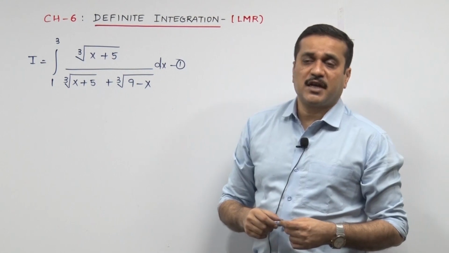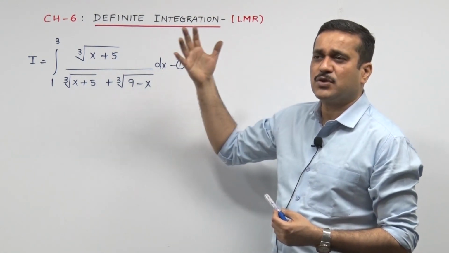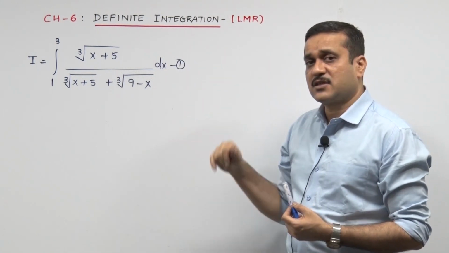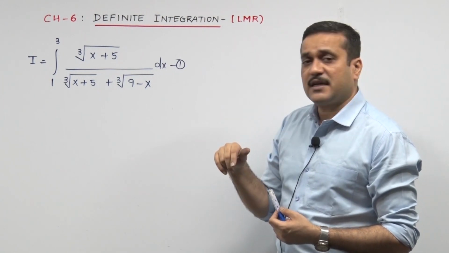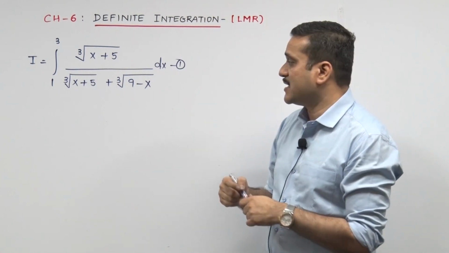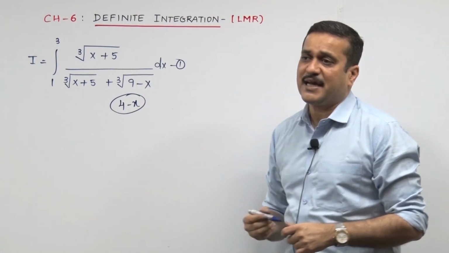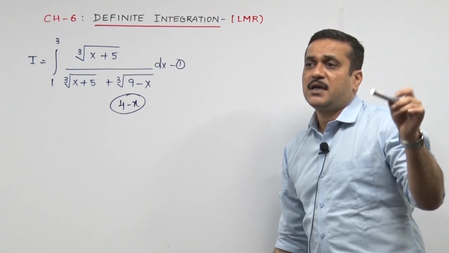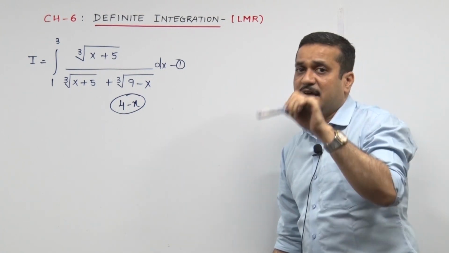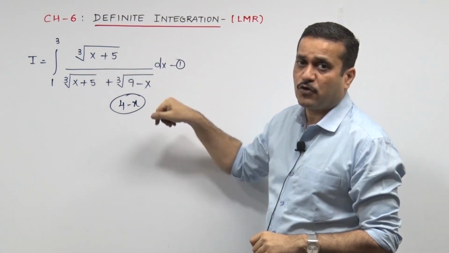So I got it very quickly, it's a property sum, and since I am seeing a to b, it rings in my mind: you can change your x to a plus b minus x. Let us try that. In the sum, I can change my x to 1 plus 3 minus x. That's 4 minus x. First of all, a viewer out there should be able to digest that. The property gives us the freedom of changing all the x to a plus b minus x. 1 plus 3 minus x, it's 4 minus x.